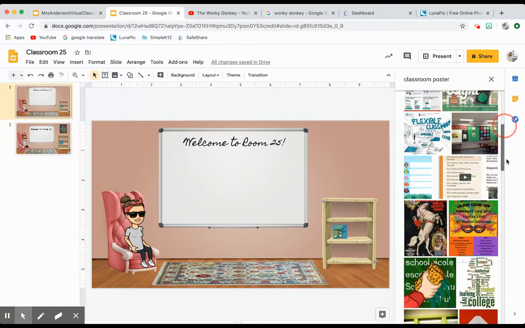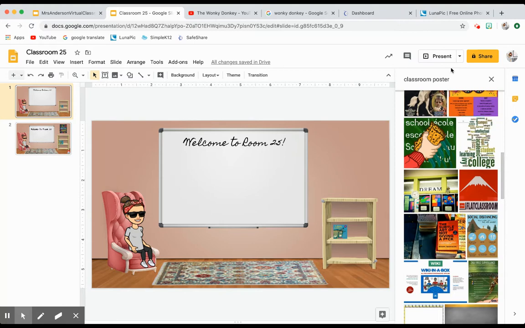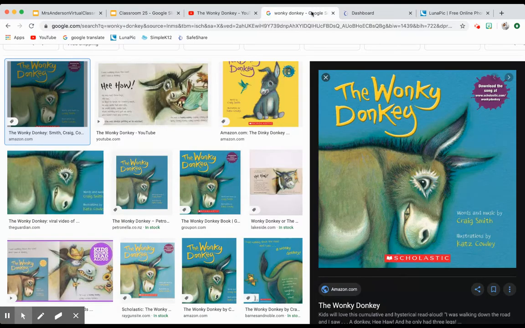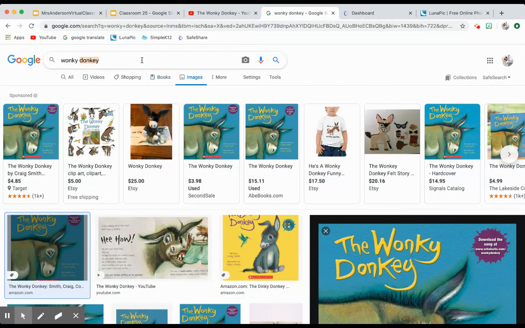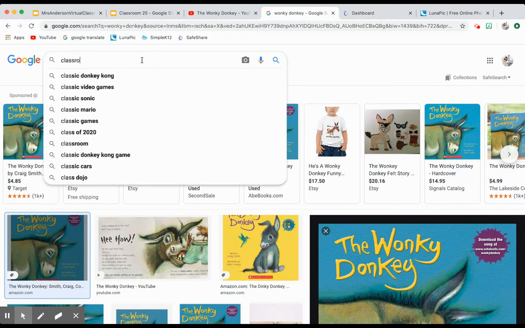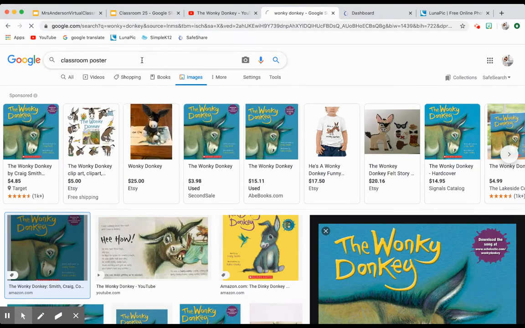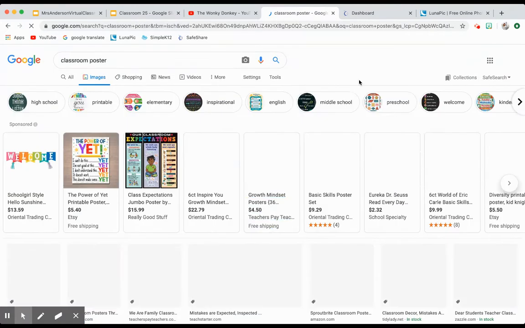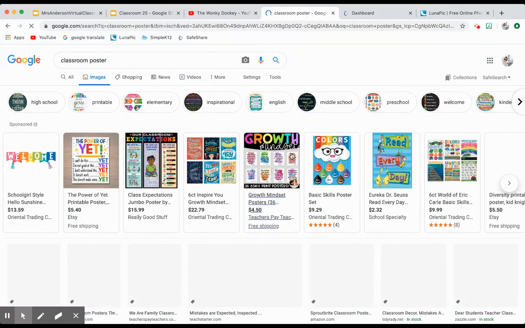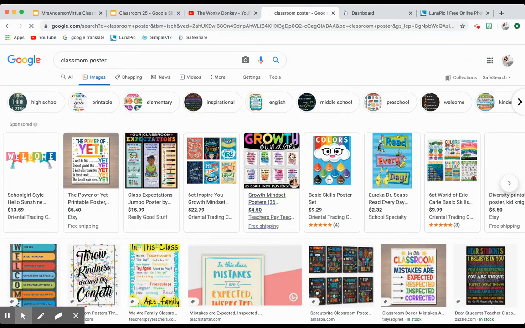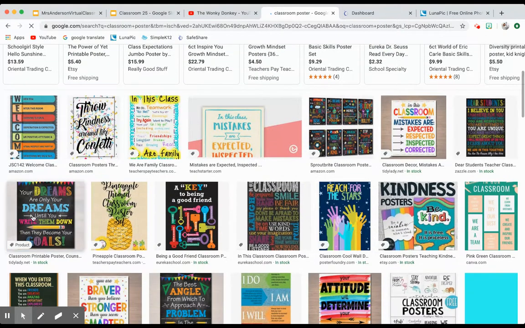You can do it here. You can also go in and do a Google search for classroom poster. So classroom poster. You don't necessarily need to do a transparent poster because you can just crop it. Most posters on here are rectangular in shape. So I'm going to click on this one,